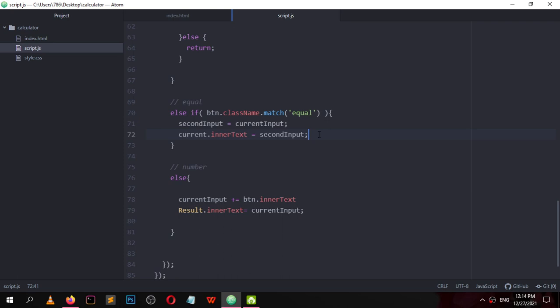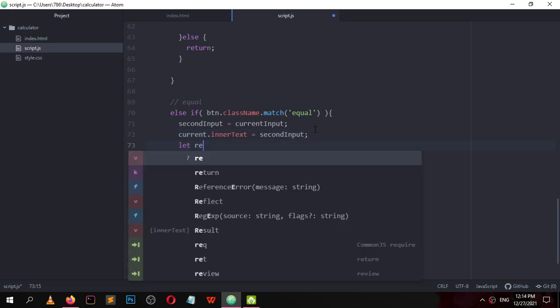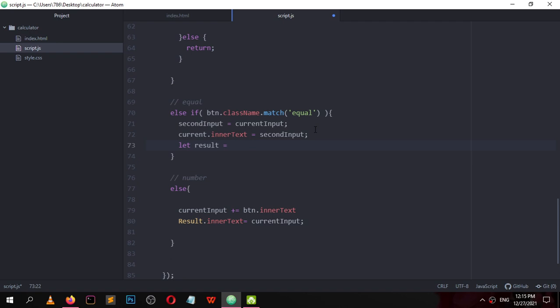Let result equal eval, first input plus operator plus second input. We are setting first input, we are getting it as a string. This operation is also a string, and this is the third input.